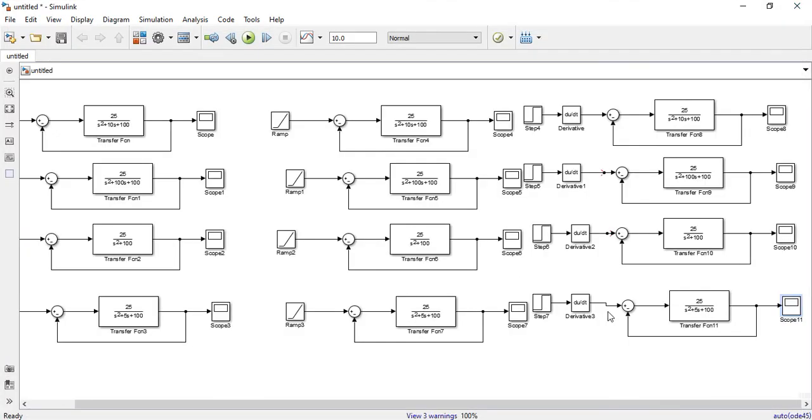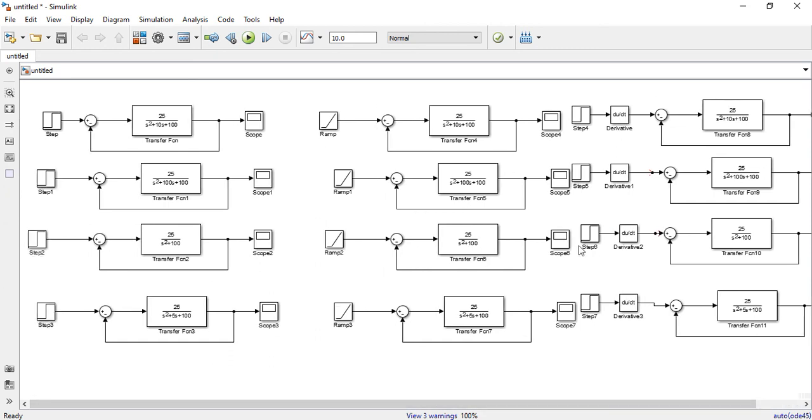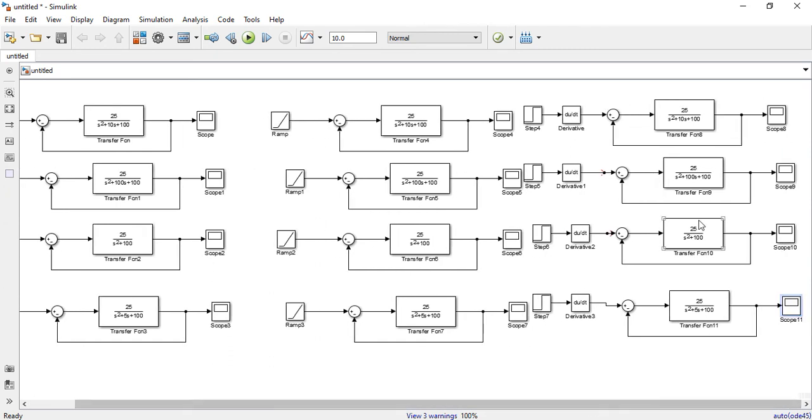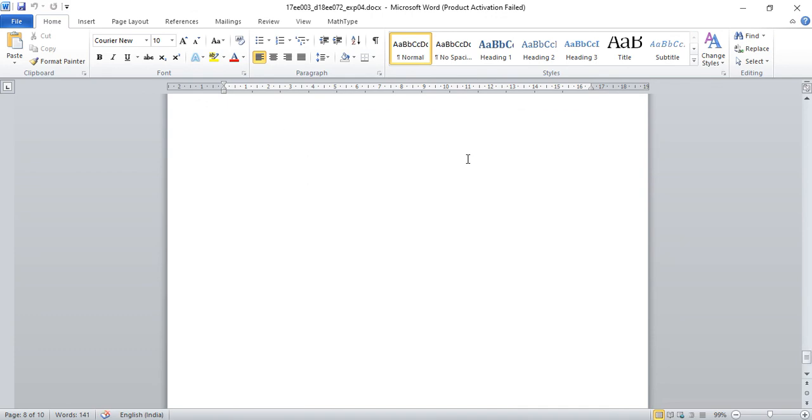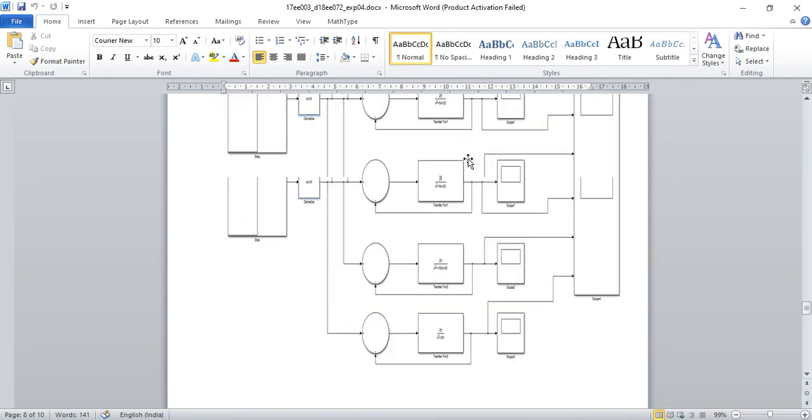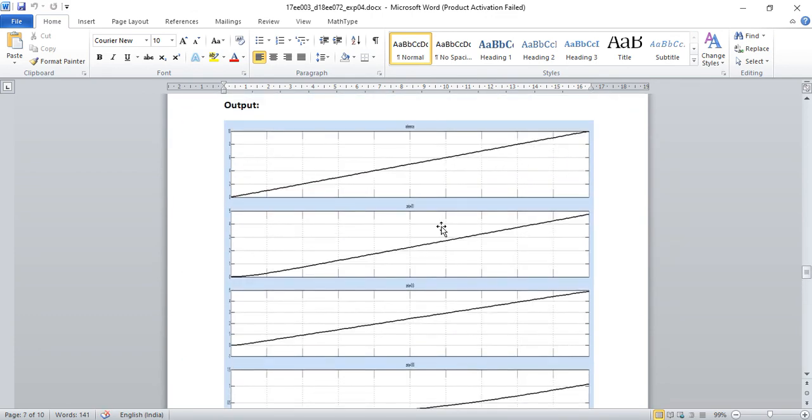For step input we have seen, ramp input we have seen, and impulse input we have seen. So this is regarding your experiment number 4. These are the waveforms that you can take. Thank you.